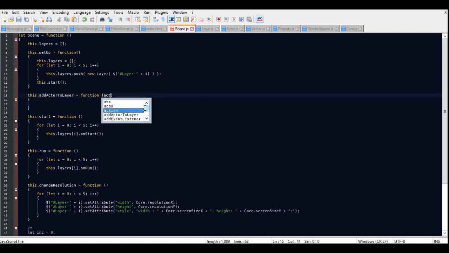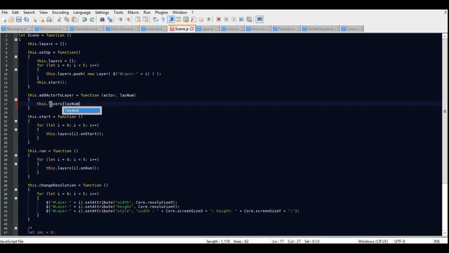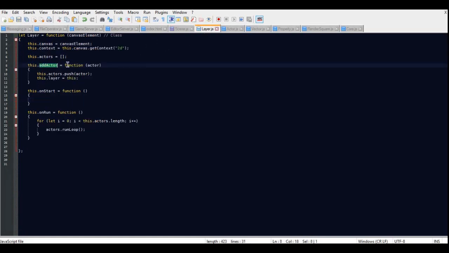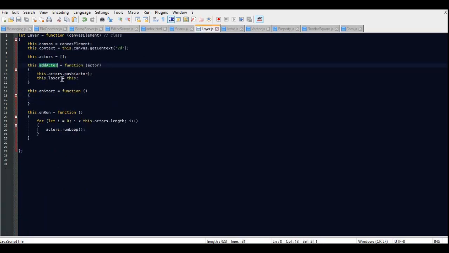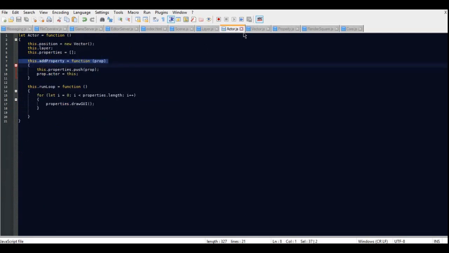Actor, we need to check the actor in, as well as a layer number. And we're just going to go to this layer using the layer number, and we're just going to add actor. We're just going to pass down the actor. We should then add it to the list, so it should then